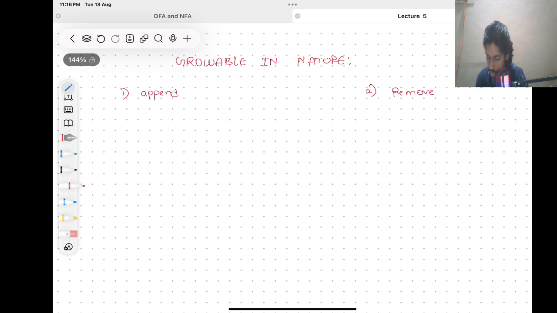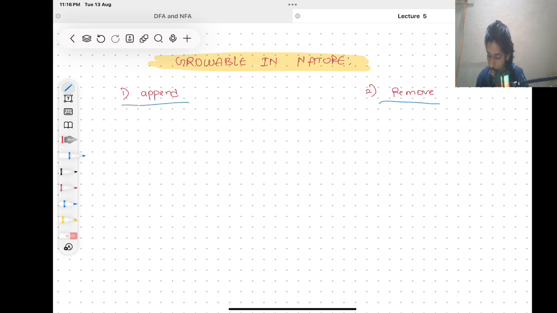So list is growable in nature. We have two methods that I am going to discuss now, append and remove. The meaning of growable is we can actually expand the list. So we have the append function inside the list, which is used to add elements,